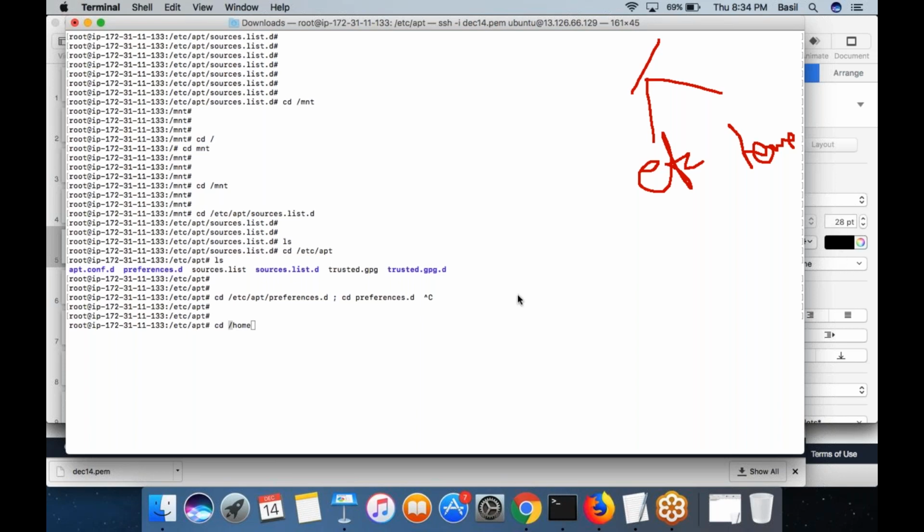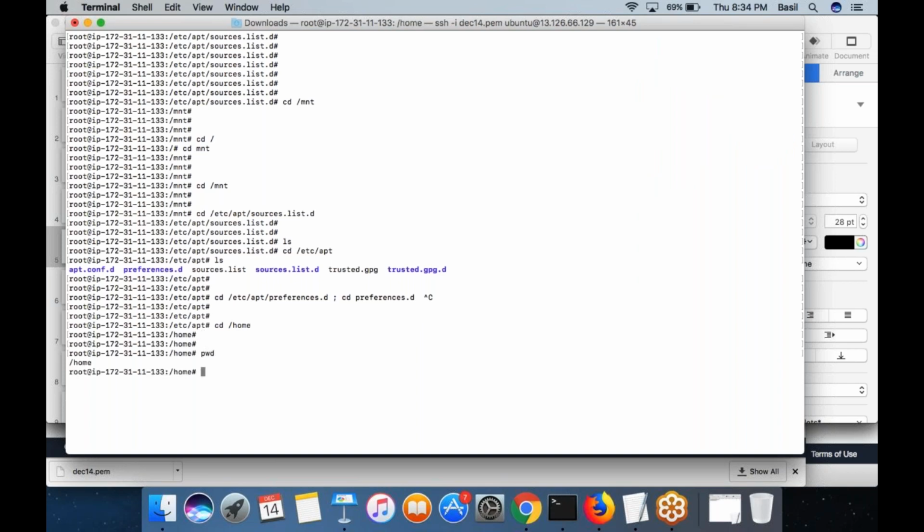Okay, fine. So run this command: cd /home. You will be taken to the folder /home. Type ls. You can see there is one folder called Ubuntu. I'm going to create one more folder. Let's say mkdir f1. I'm creating a folder called F1. The command is mkdir space F1.